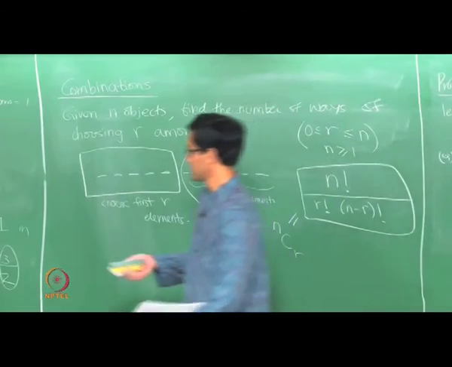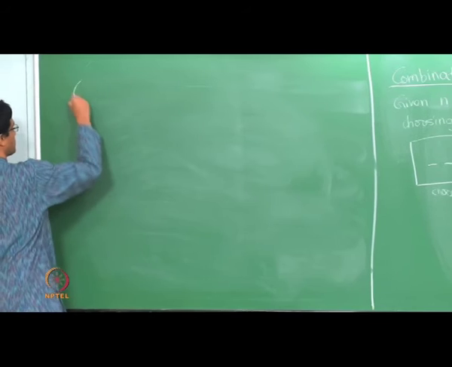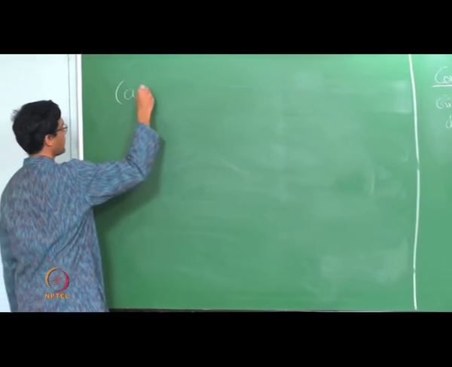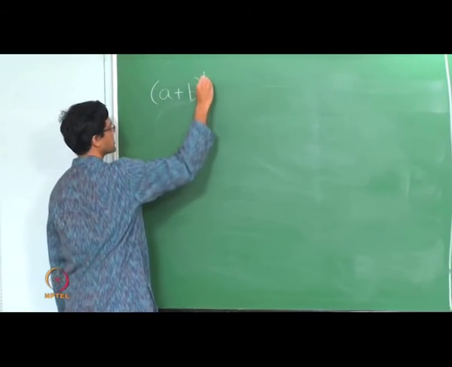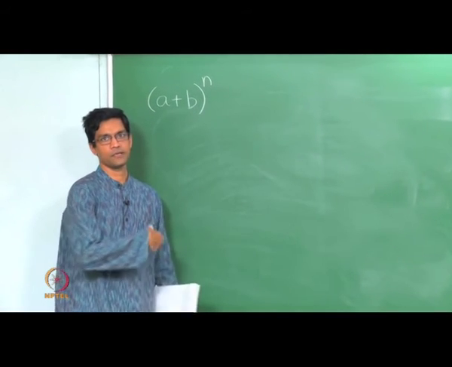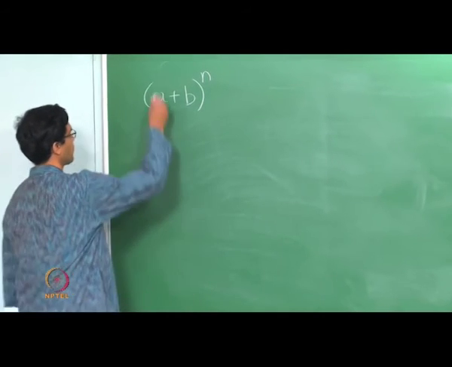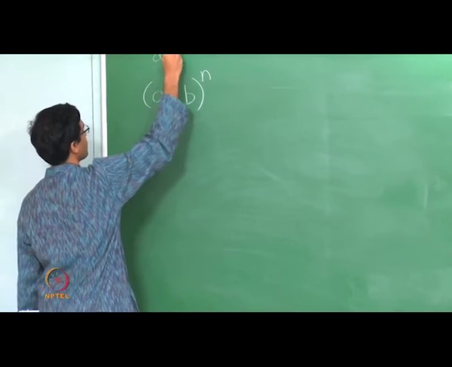Now this business of words is an important thing to keep in mind. It occurs in many different places, including in the usual identity that one sees in algebra. If you want to compute, for example, (a plus b) whole squared, or (a plus b) cubed and so on, that's something that one often does. Just think of a and b for now as variables.